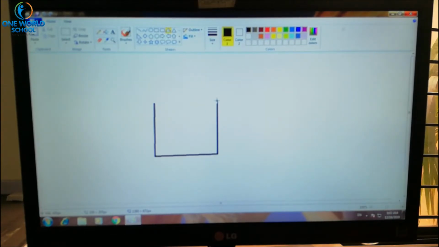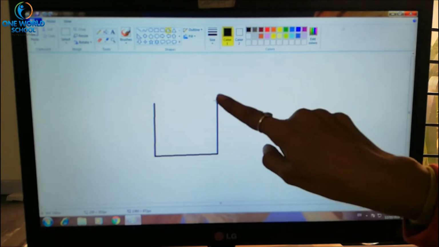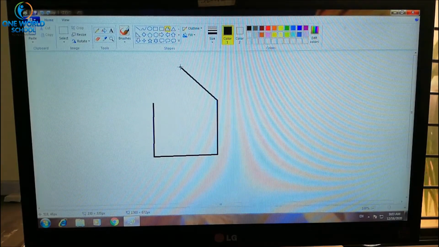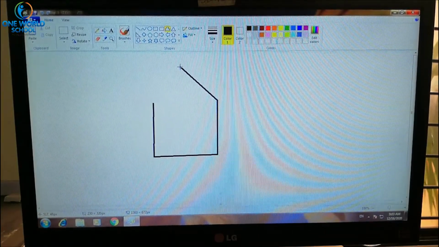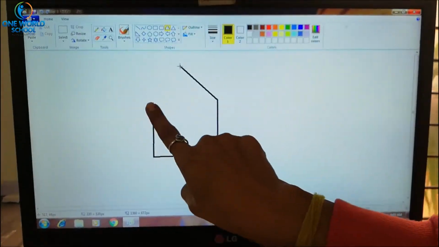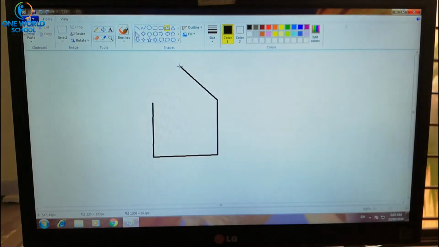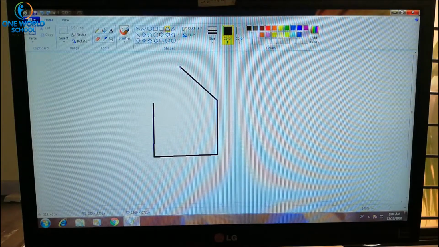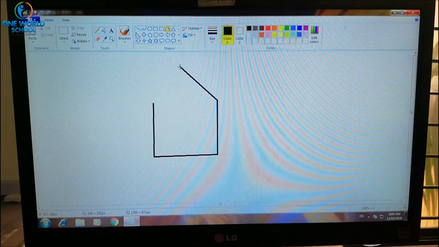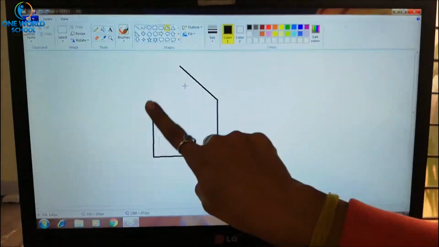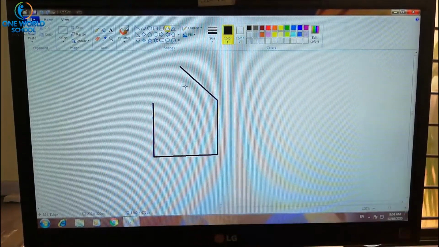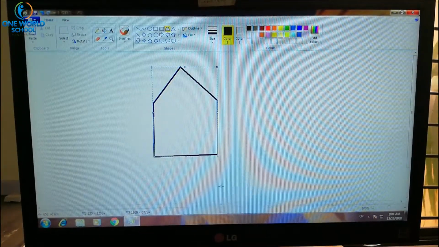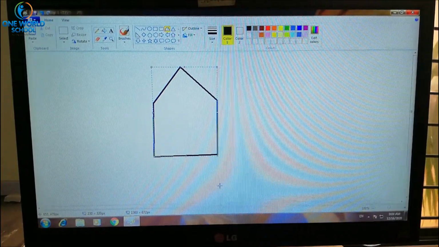Now another one. If you want to draw a line here on the upward side, how can you draw? From here. Look at here. Yes. Now another one, from here to the end point of the line. According to your textbook page number 45, we have to make a closed shape. So to make a closed shape, we have to make a line from here to here. Two end points we have to cover. So how can we cover? Like that. Look at here. Yes. Now our shape has been done.